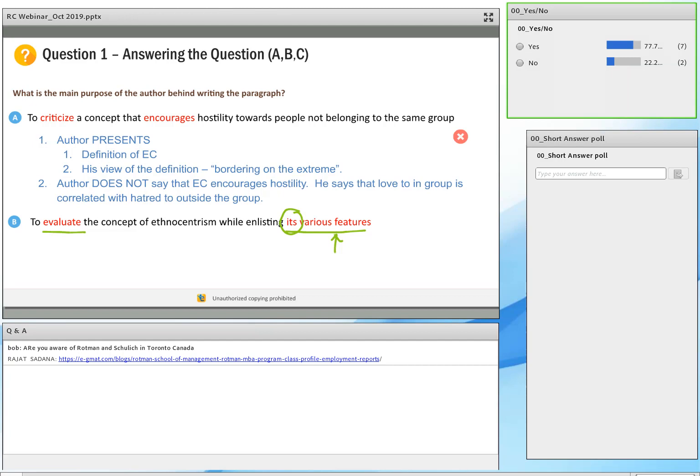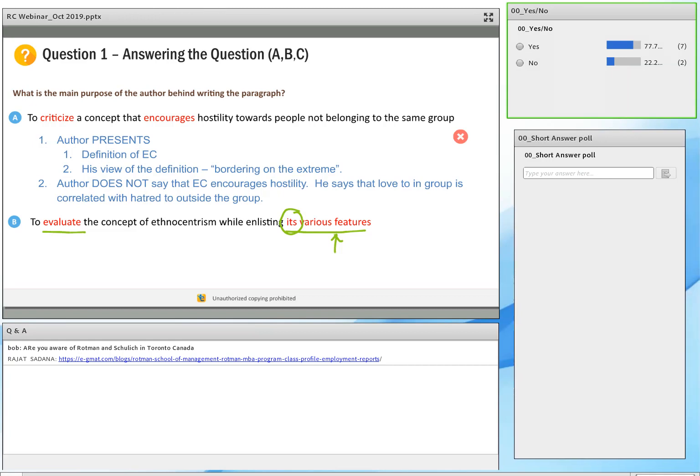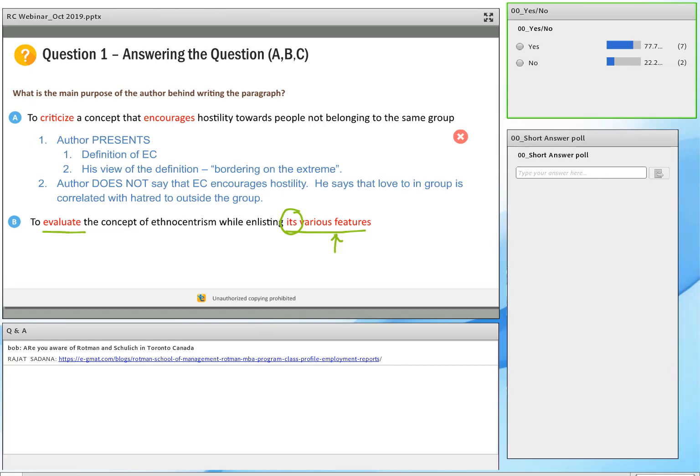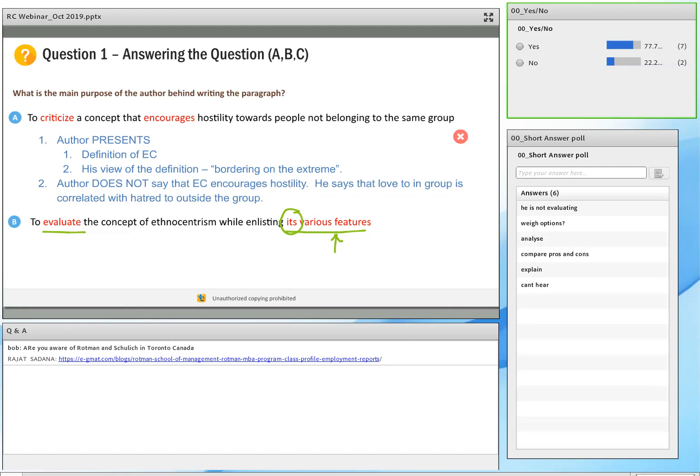What does evaluation mean? When you evaluate, what do you do? Comparing the pros and cons. Analyze. Absolutely. He's not doing any evaluation here. There is no pros, there is no positive or negative of EC. We're talking about positive and negative of EC. Now, why this choice was attractive to